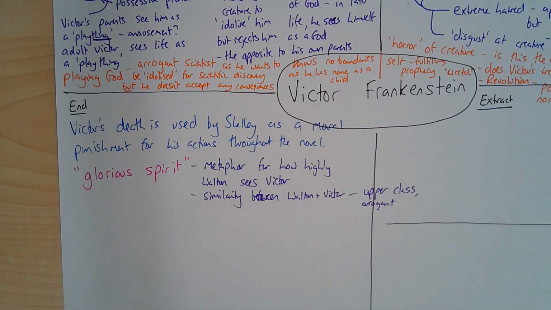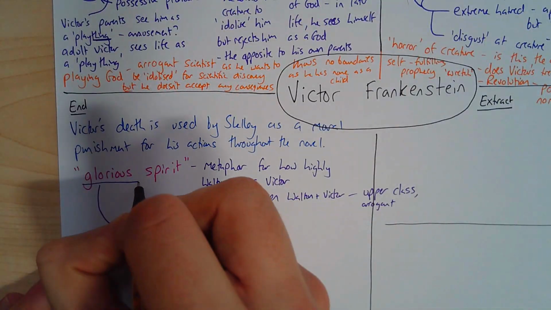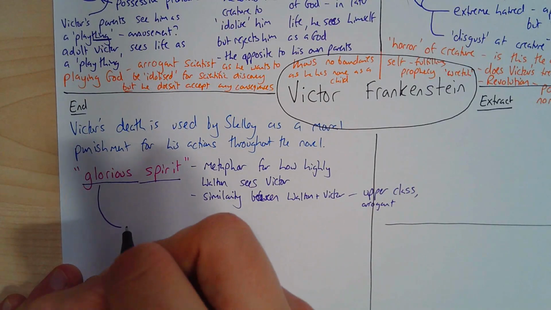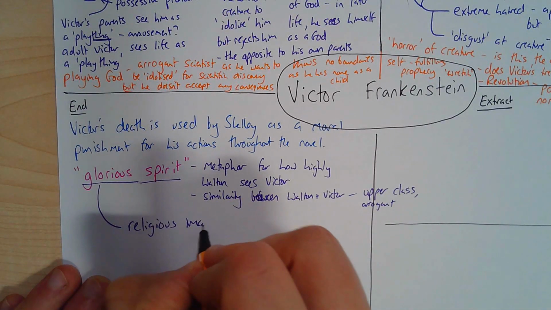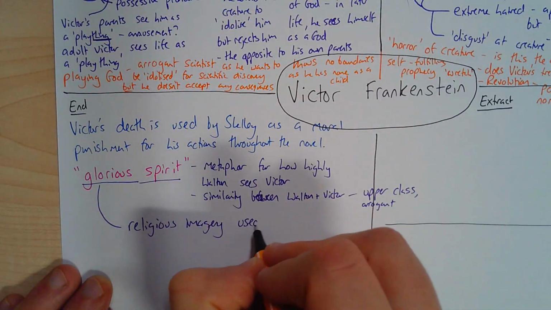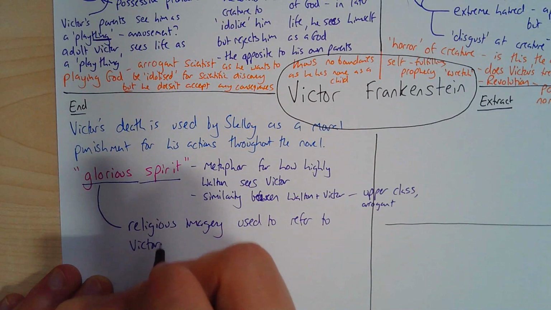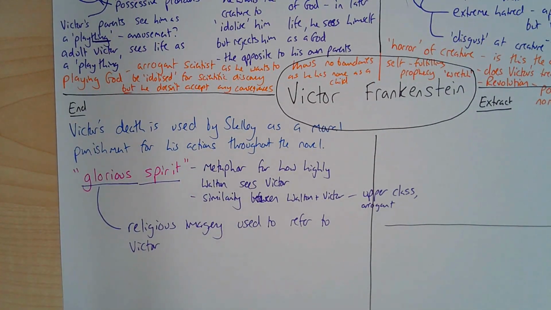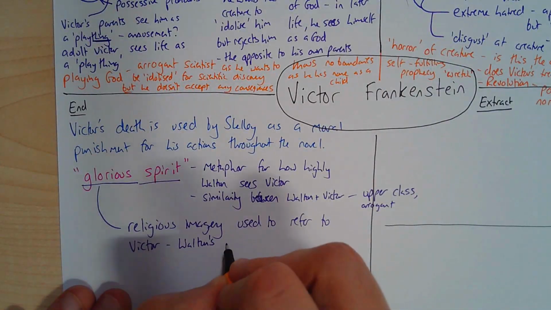We've also got this idea of thinking kind of glorious. You've got all this almost kind of glorious spirit. Spirit obviously often used in religion. This idea of religious imagery used to refer to Victor shows a couple of things. It shows Walton's misplaced